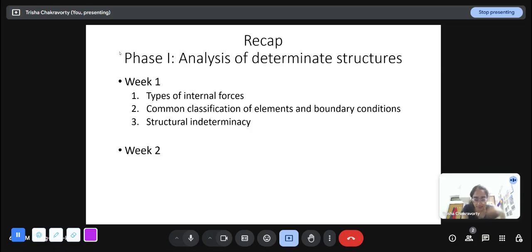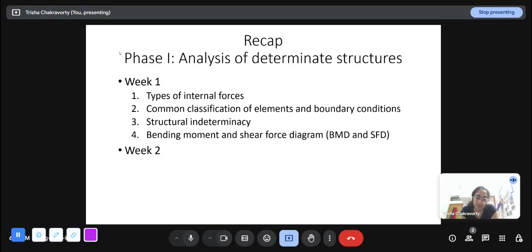And then structural indeterminacy, the concept that we are starting with determinate structures, but we need to know what indeterminacy is to know that this is a determinate structure, and this is an indeterminate structure. Determinate structures basically do not have redundancy. If any one aspect of it fails, like one member or one boundary condition fails, the structure will collapse. They are the easiest to solve because they do not need any additional material or geometric properties. They can be simply solved using the loading conditions and the boundary conditions.